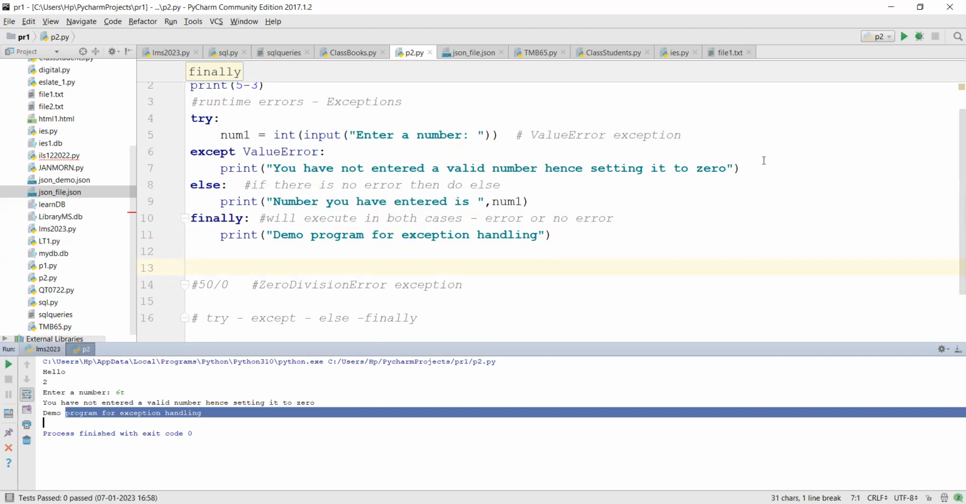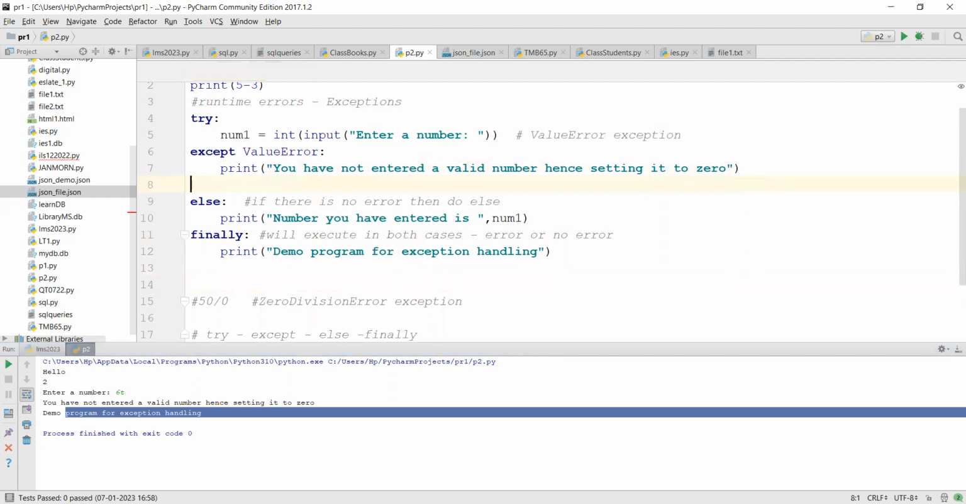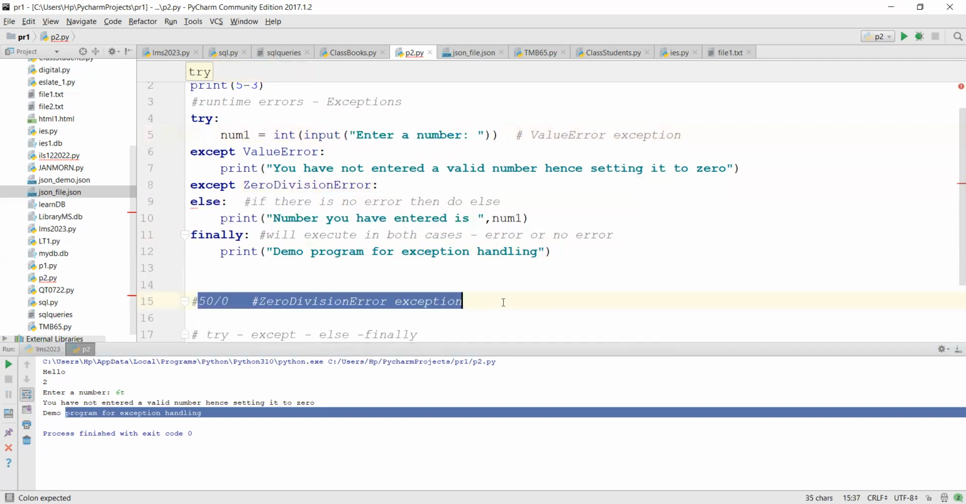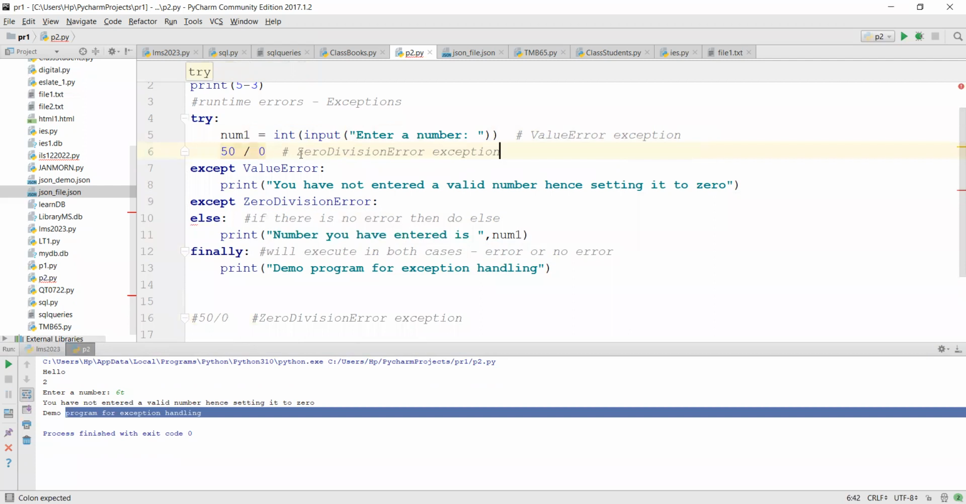Now you can have multiple exceptions. You can say except value error, except zero division error. So these blocks don't have to contain just one line. You can give multiple lines of code. I can give this one here also. So let me give this one here. Now in this case, zero division error and